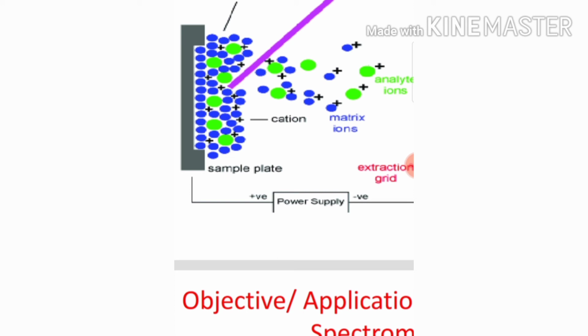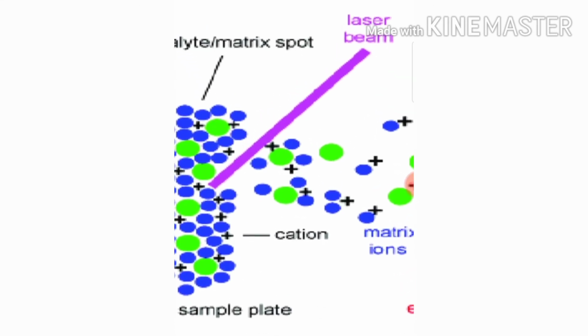If the electron is released, then the molecule becomes a cation. When the electron is gained by the molecule, then it becomes anionic. So either the cationic form or the anionic form will form as per the environmental condition. Now the vaporized form of the sample: initially the sample is in liquid form, and it will be converted into a vaporized gaseous form that contains some charge.